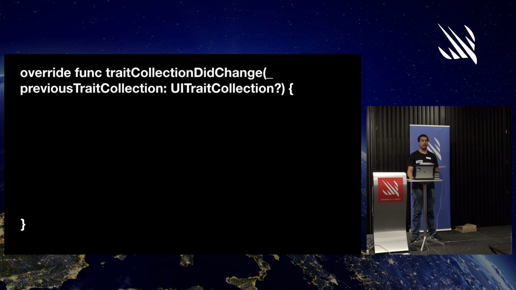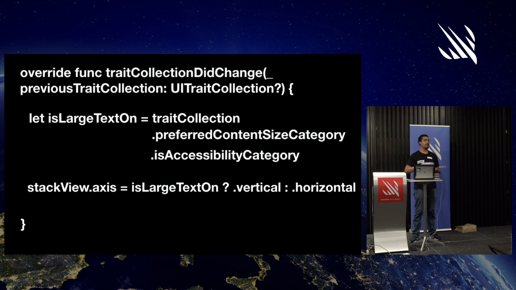But since I'm using stack views, it's as simple as just writing these 2 lines. So I essentially just create a flag, is large text on, and then we have a trait collection that has a property on it called preferred content size category, and then it has a property on that's called is accessibility category. So it's pretty much saying, is this super large font, or is this just kind of regularly large font, or just regular